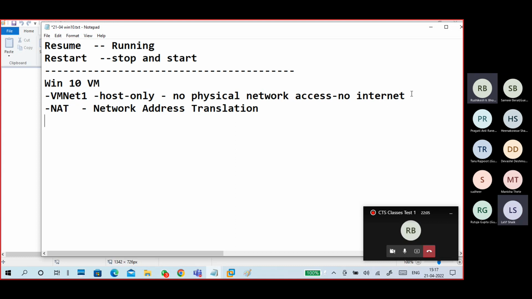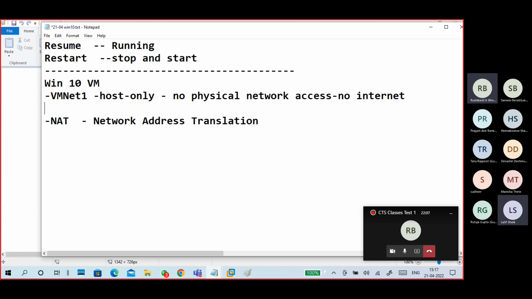Okay, but there is one more thing. Your physical machine to virtual machine can access, and virtual machine to virtual machine, those who are connected to VMNet1.